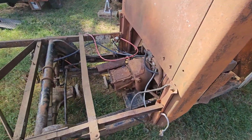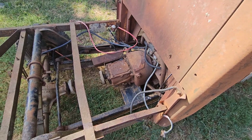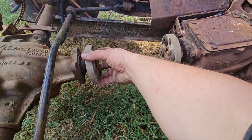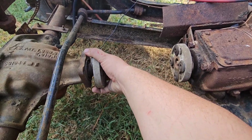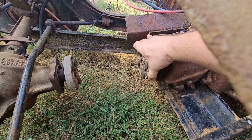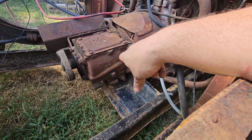First thing I'm probably going to do is take off this transmission, because I do think it's either locked up or in gear or something, because I cannot turn that output shaft like I can this one. This one, you can turn that a little bit. You can actually see the wheels moving a little bit right there, but you can see that little bit of movement. This one doesn't have any movement whatsoever. It has a tiny bit, but doesn't really have a lot of movement. So definitely got to get this transmission off,